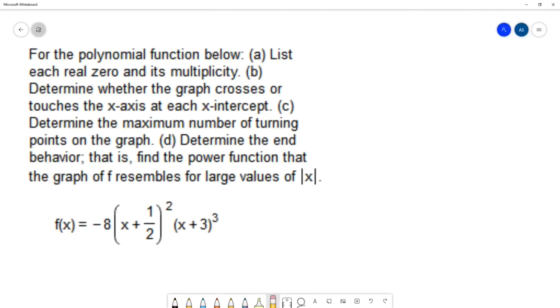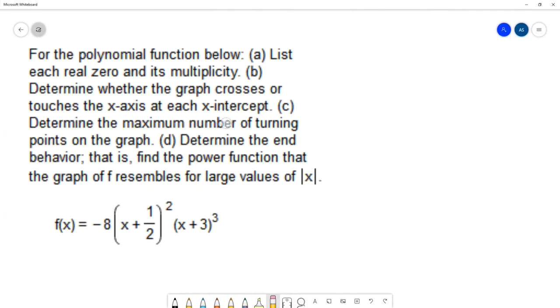So in this example, we have a polynomial function that's below. That's f of x equals -8 times (x plus 1/2) squared times (x plus 3) cubed. And for this polynomial, we want to list each real zero and its multiplicity, determine whether the graph crosses or touches the x-axis at each x-intercept,